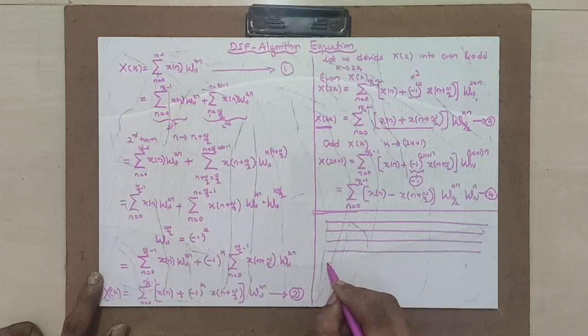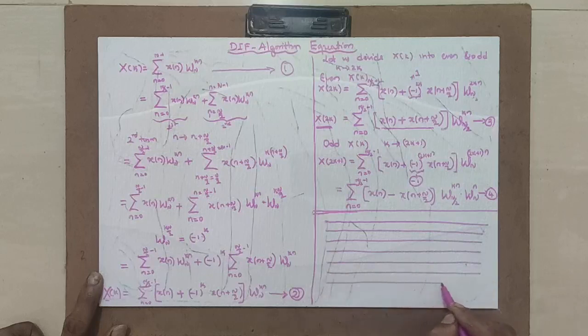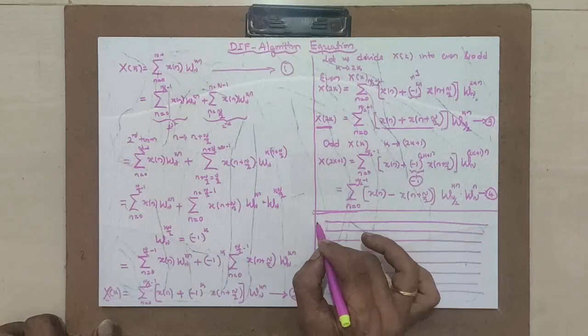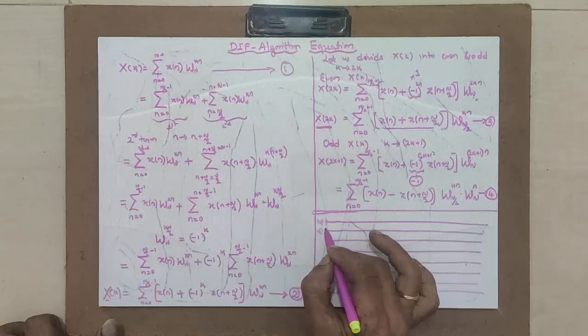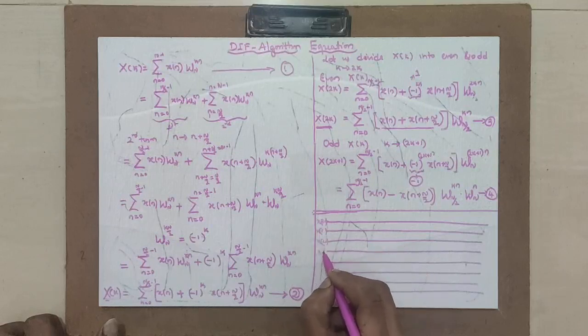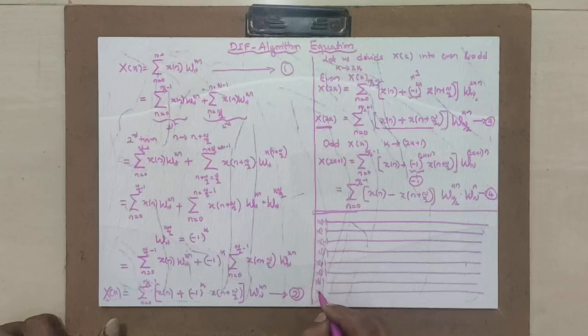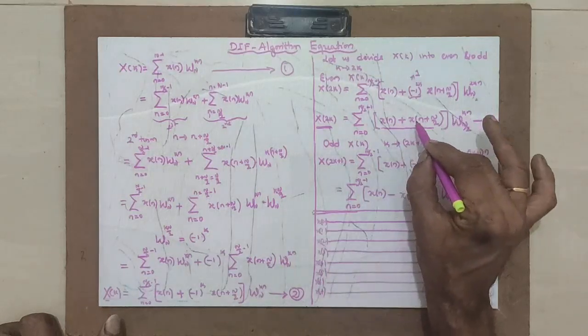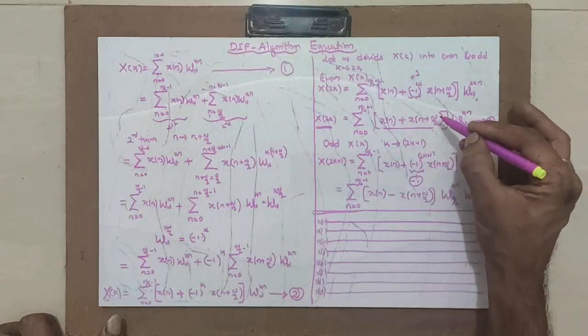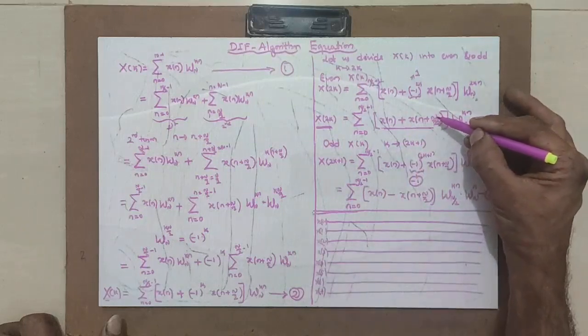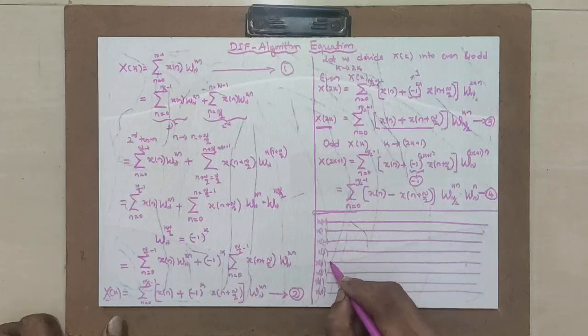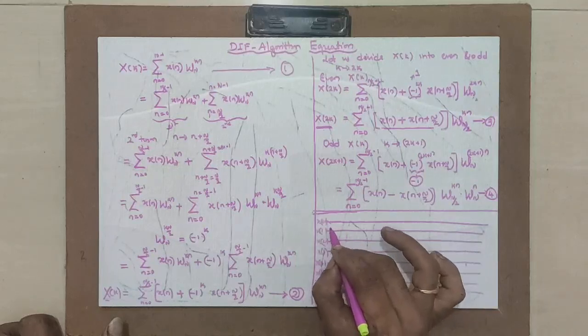4, then 5, 6, 7, 8. Right. Now the DIF algorithm. What happens is, here it comes serially: x0, x1, x2, x3, x4, x5, x6, x7. Correct? Then what happens? I will be using x of n plus x of n plus n by 2. What is n by 2? Here n is 8, hence it is 4. What I do, I will just put here the first order decimation flow diagram, and you will understand.